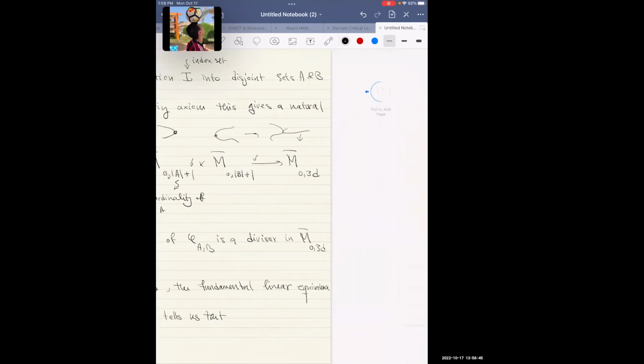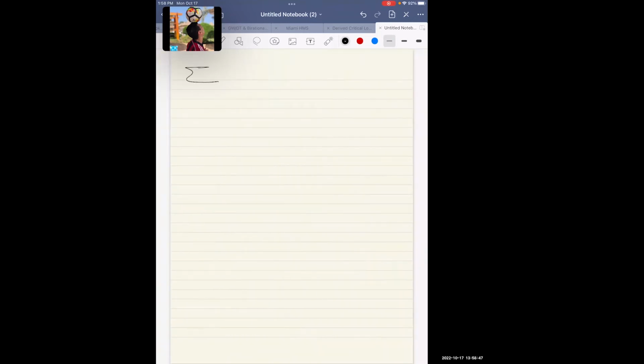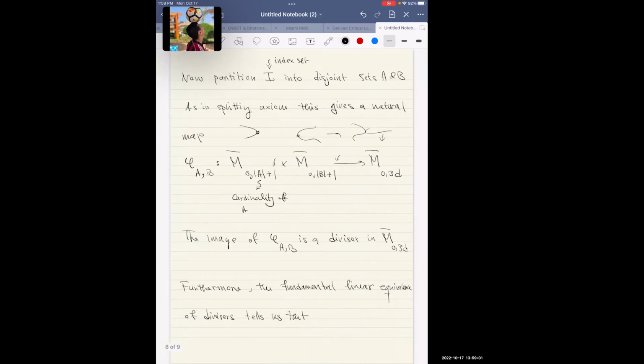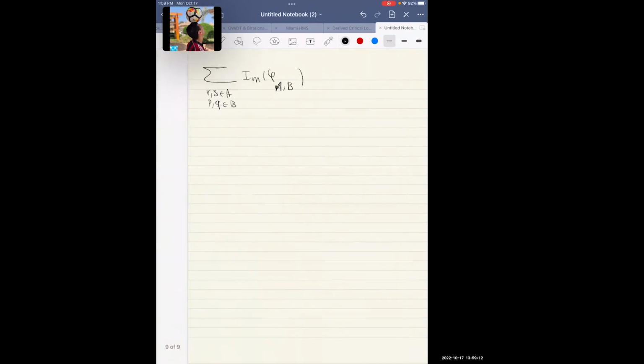So this tells us that the sum over R, S in A and P, Q in B of the image of phi A B is sitting here as a divisor. So now, depending on how you choose this divisor, the whole sum of such partitions is going to be linearly